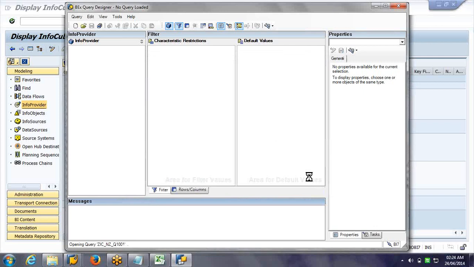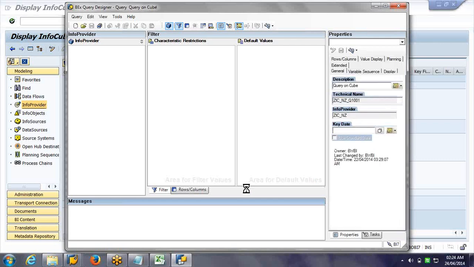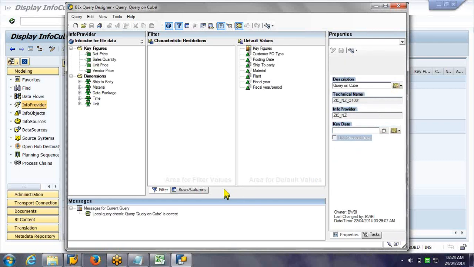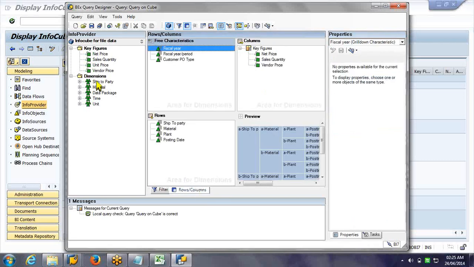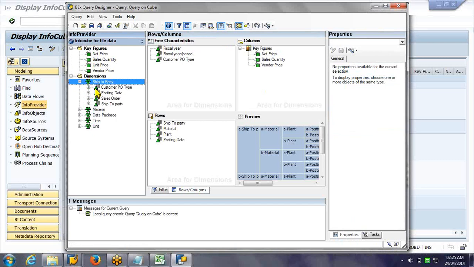Now my point is the attributes are not a part of your cube, but while designing the report, can I include the attributes in the report? We can include it, right? That's the main purpose of storing master data and transaction data separately.